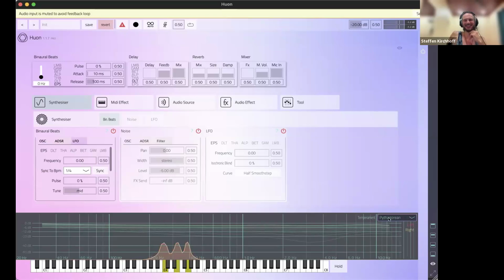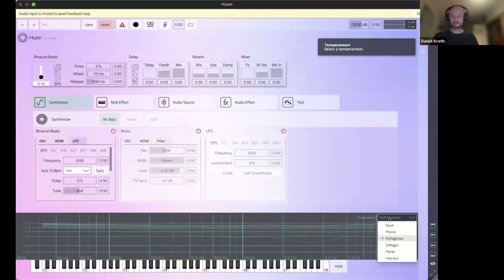Yeah. So you can experiment with it, and here you can set up all the temperaments. And also here are the experimental ones with Solfeggio frequencies, the planetary frequencies, Fibonacci frequencies. Super cool. Yeah, you can play around with those. And yeah, so frequency integration